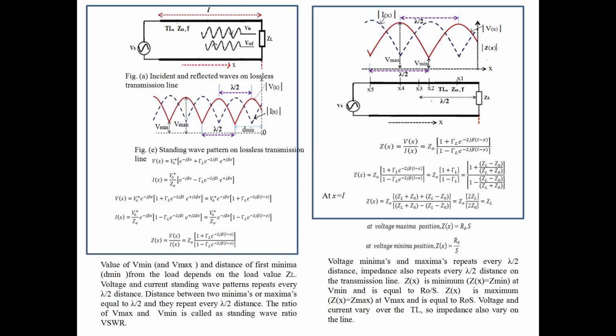Yes, ma'am, audible. Okay. See here, as you move like this, we get a maximum impedance and a minimum. So now, what I was discussing about the minima distance: what is the first minima distance? What is the first maxima distance from the load point? See, this is the load point here, ZL. As we move like this, we come across maximum impedance and minimum impedance. So at what distance from here is that maxima?